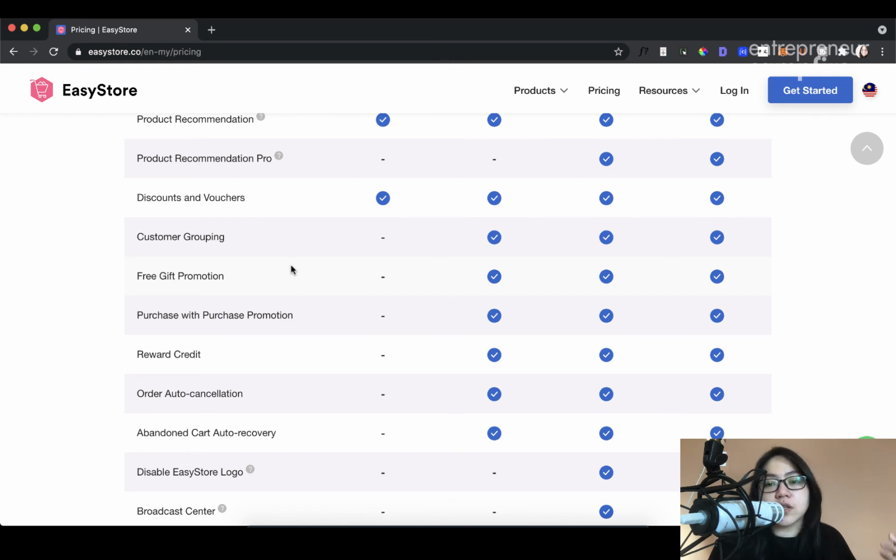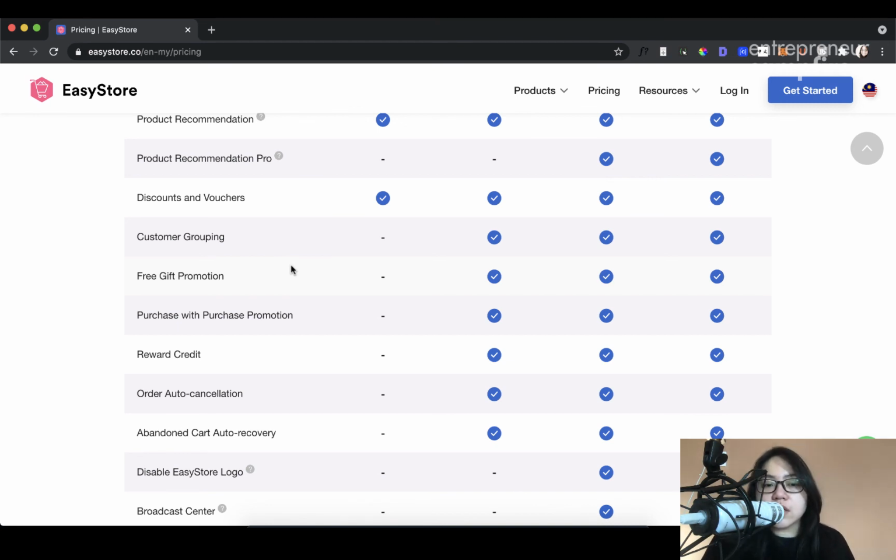Okay, so 3 things you want to consider here. Of course, you want to consider your budget, so it doesn't make sense for you to spend a lot of money if you don't have it, or it doesn't justify that expense yet. Maybe you're just starting out, it doesn't justify it. Okay, so consider the budget, the size of your shop. So if it's just you running it, you don't have that many products, you don't need multiple staff logins, you actually don't even have a lot of pickup locations, then maybe just go for the cheapest plan.